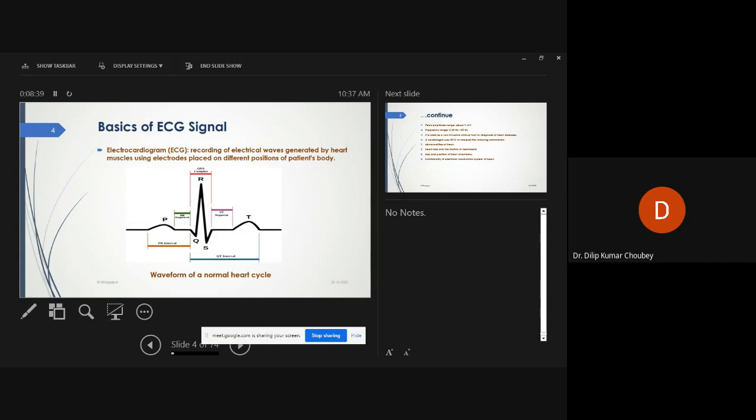Cardiologists use all these components to detect different kinds of diseases by analyzing amplitude-based features, time-based features, as well as morphology. Okay, morphology is shape. So based on the shape, time, and amplitude, cardiologists can easily predict what kind of disease